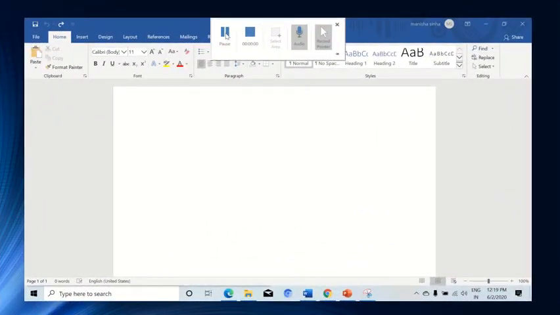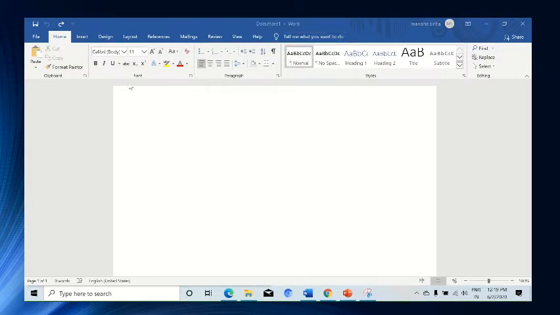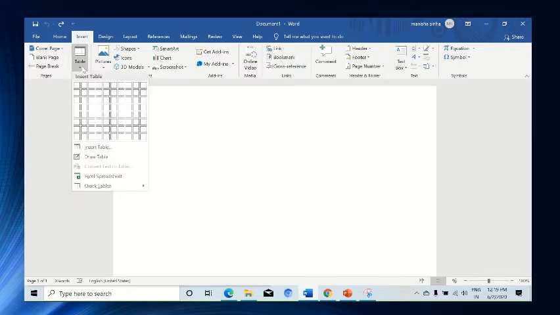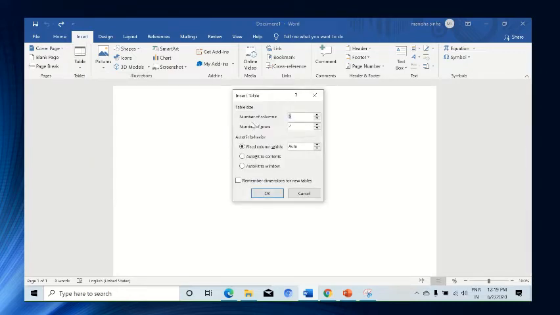Let me show you. Here you can see when I click on the Insert tab in our Word document, a Table button appears there. Click on that button. Beside the table grid, click on the Insert Table option.